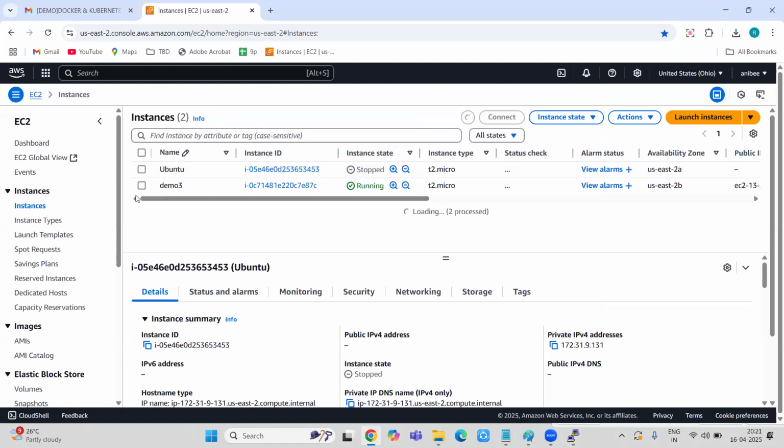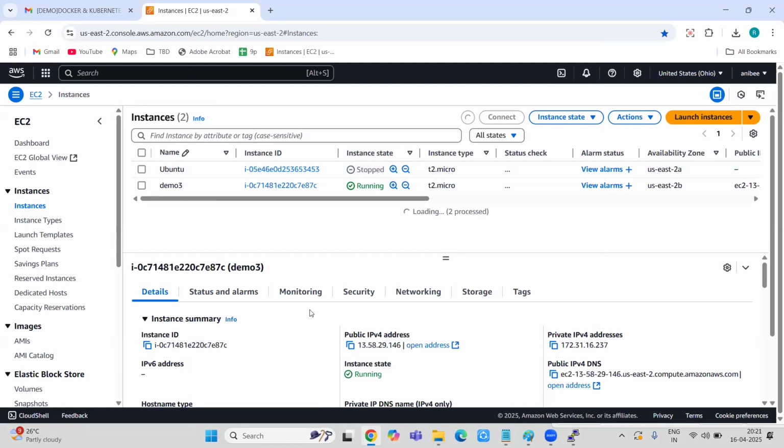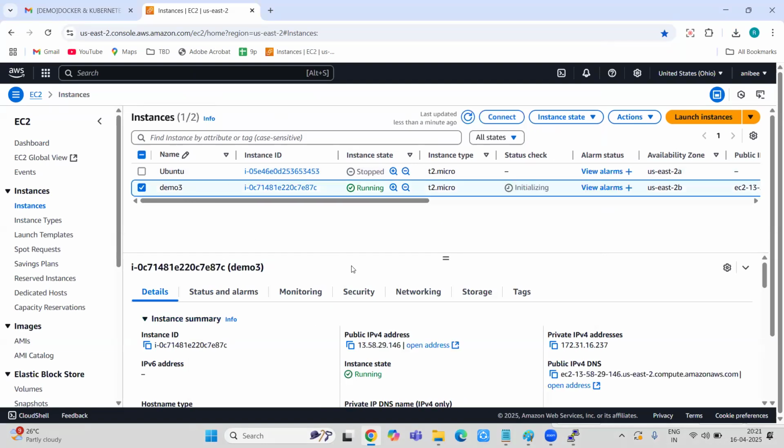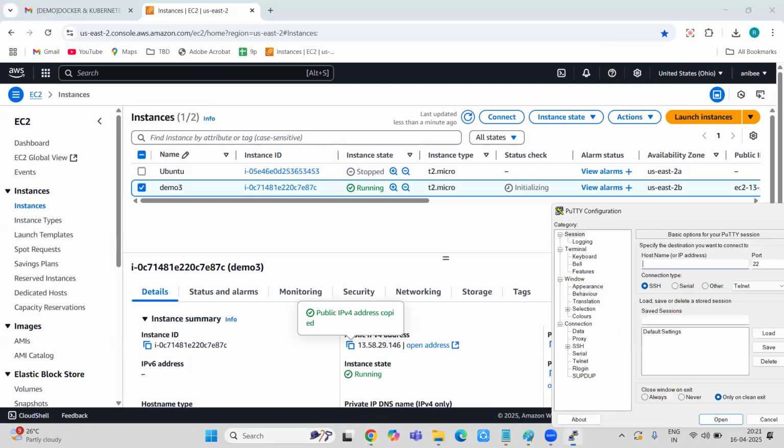This is all something which takes almost an hour just to spin up one VM. That is the reason we are going with the Amazon cloud service provider. We do have other cloud providers like Azure or GCP, which we are all aware of, but the most widely used and most compatible one is this.